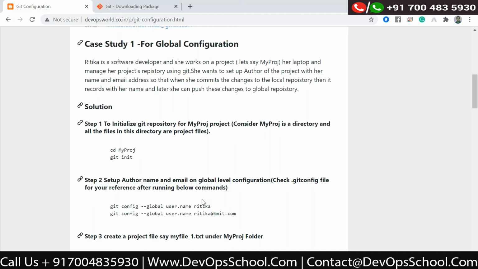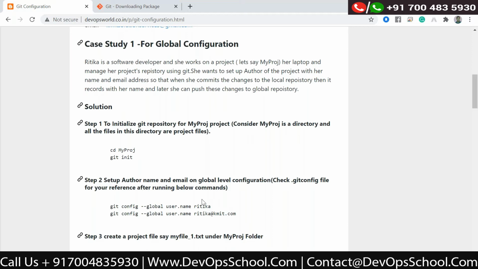She wants to set up the author of the project with her name and email address so that when she commits the changes to the local repository, it records her name and later she can push those changes to the global repository. So here the developer is basically recording, and this global setting is common for all the projects.